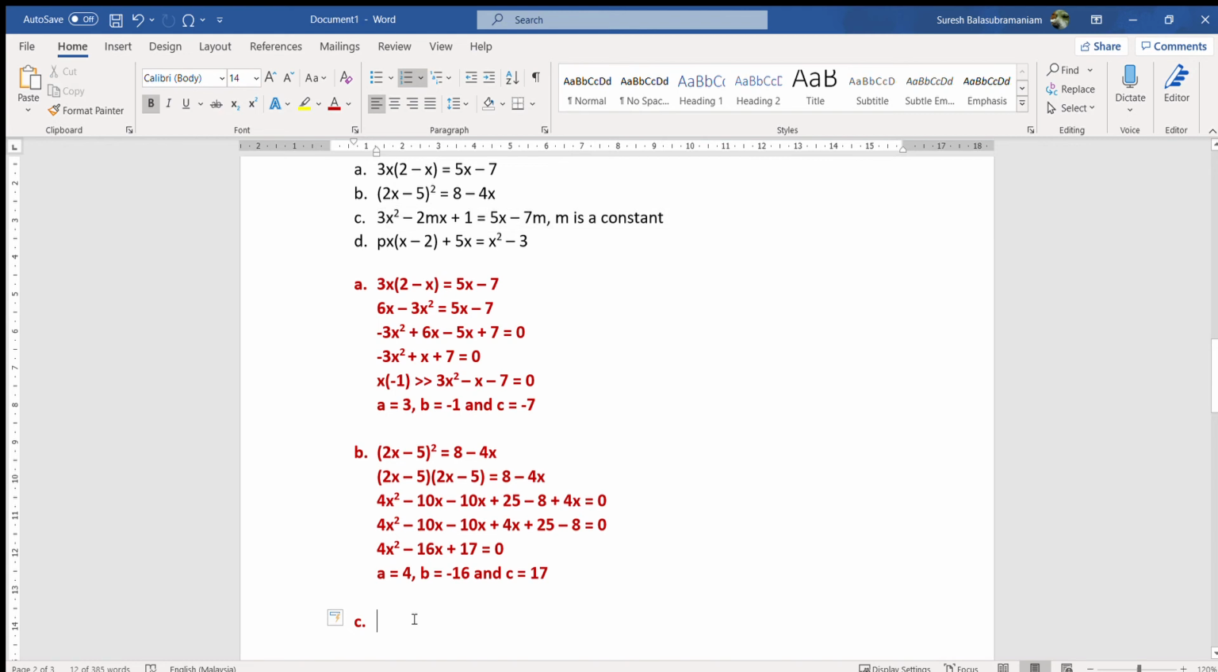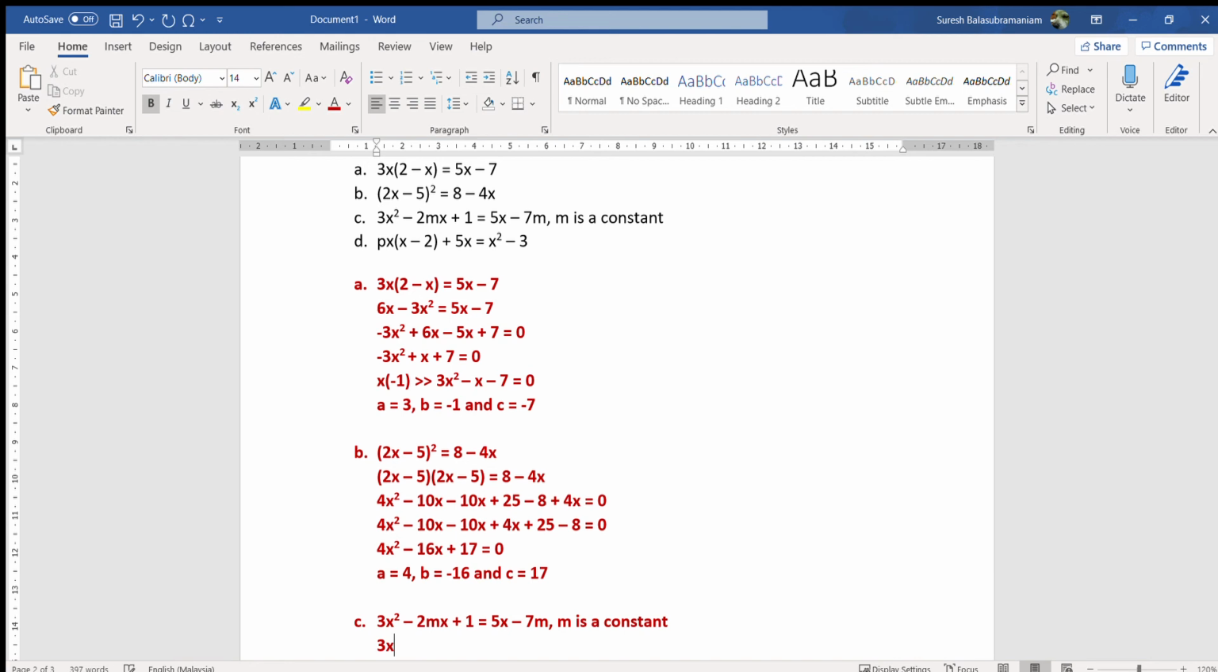So I'll just copy and paste the question. So I have a x to the power of 2. Okay, so the question is 3x to the power of 2 minus 2mx plus 1 equals to 5x minus 7m. M is a constant, so the x is the variable. So we have to form it into quadratic equation. Okay, I'll just rearrange. So starts from 3x,